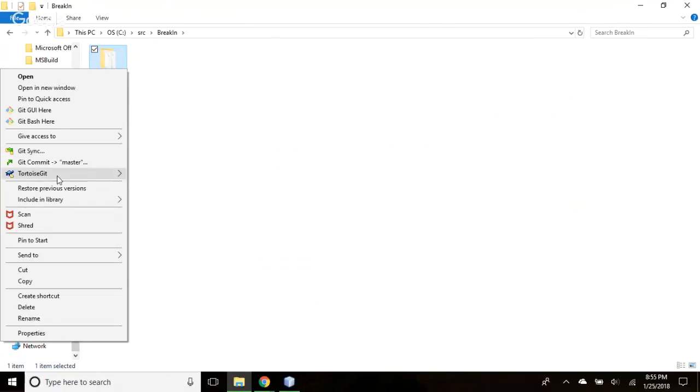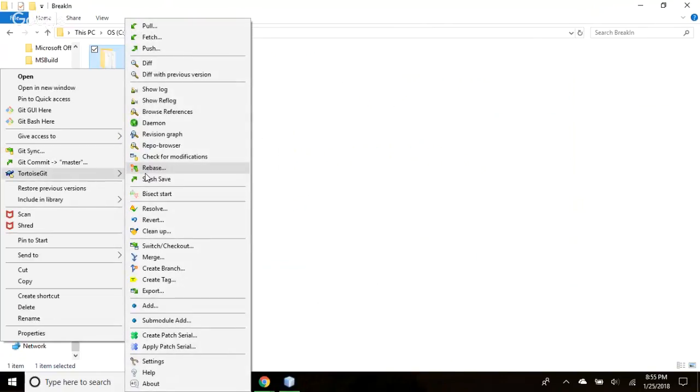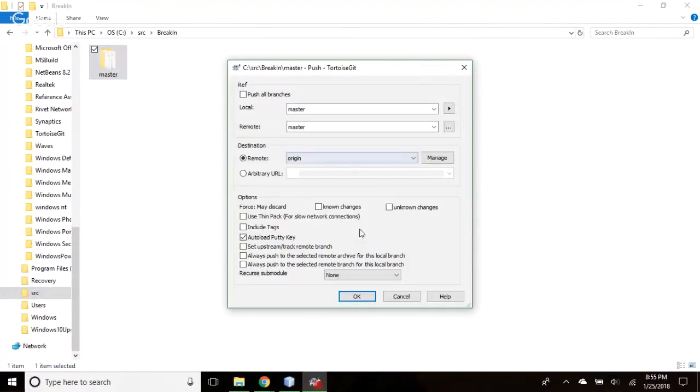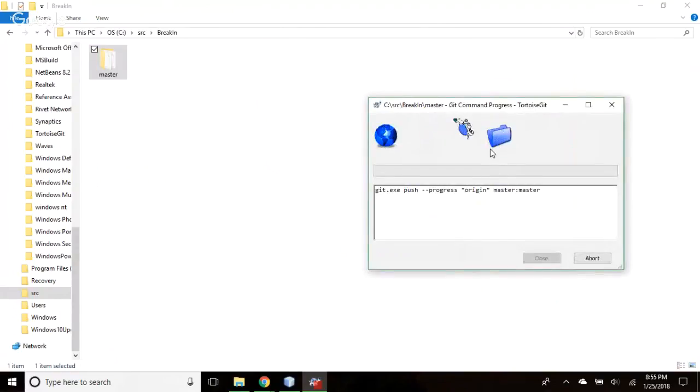Tortoise Git, and then say push. Make sure it's going to push. And I want to push master to branch. Okay. And then okay.